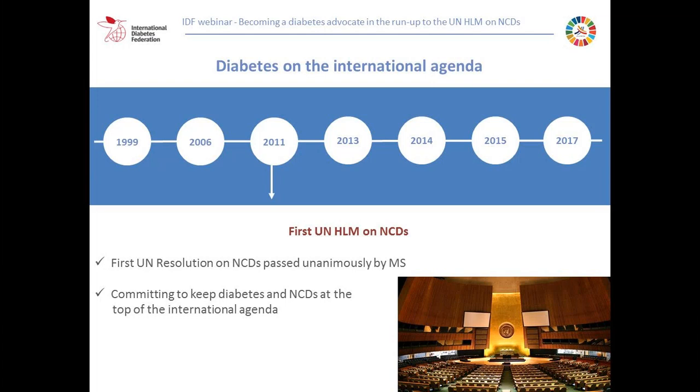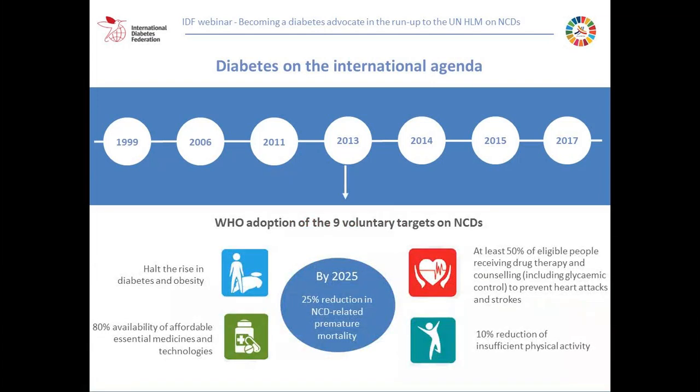So the result of this first high-level meeting on NCDs was a UN resolution which was passed unanimously, so all the member states voted for it, and this resolution committed to keep diabetes and NCDs at the top of the international agenda. So all the important achievements that we've had over the last few years are due to this high-level meeting of 2011. So the first result, actually, of this high-level meeting of 2011 was the fact that WHO